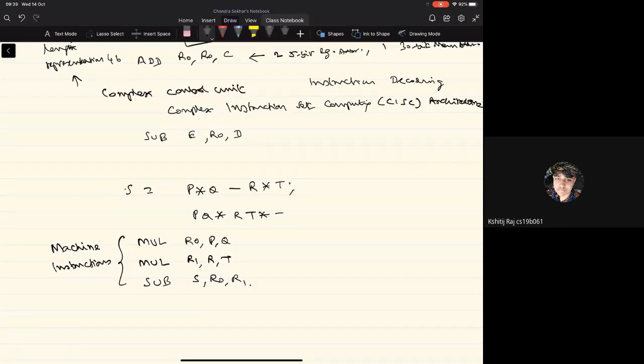Actually, you can see that now any type of arithmetic expression or logic expression in the assignment statement can be converted into the postfix notation, and then from the postfix notation, one can get the sequence of machine instructions corresponding to that postfix expression of the assignment statement. So you can take a few examples and then practice that.